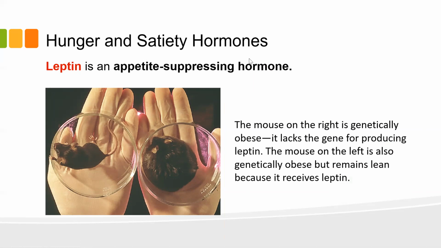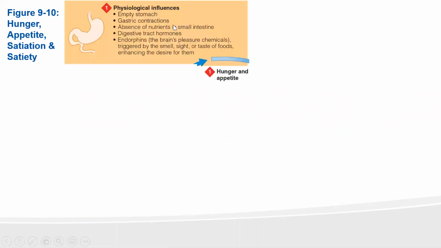Okay, so I was just going to show you this thing from the textbook, and it's just talking about all these complexities that go along with hunger, appetite, and those kinds of things. So you can see here's your empty stomach, and in this case, you're going to be making that hormone I can never seem to remember. I think that's how I spell it, ghrelin.